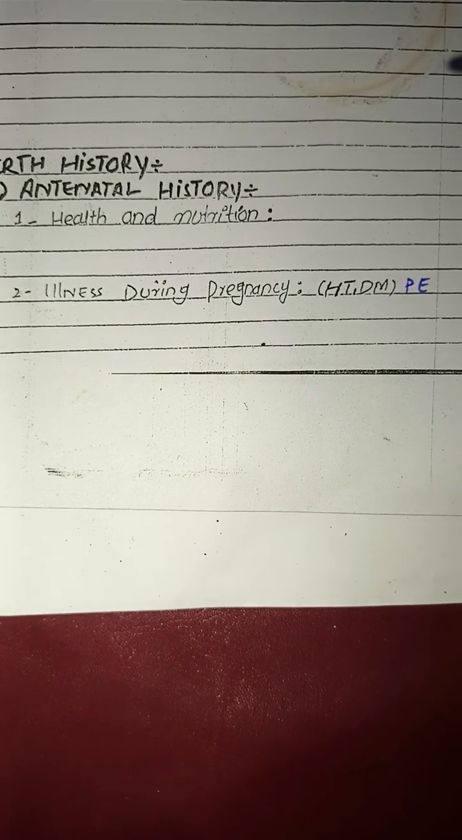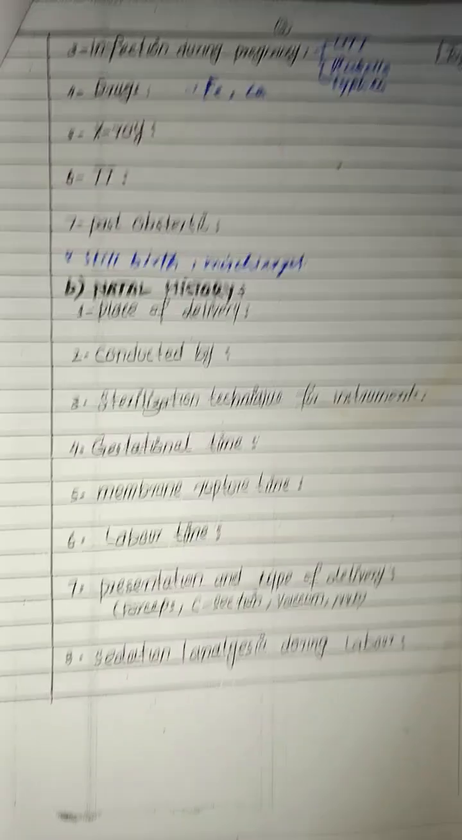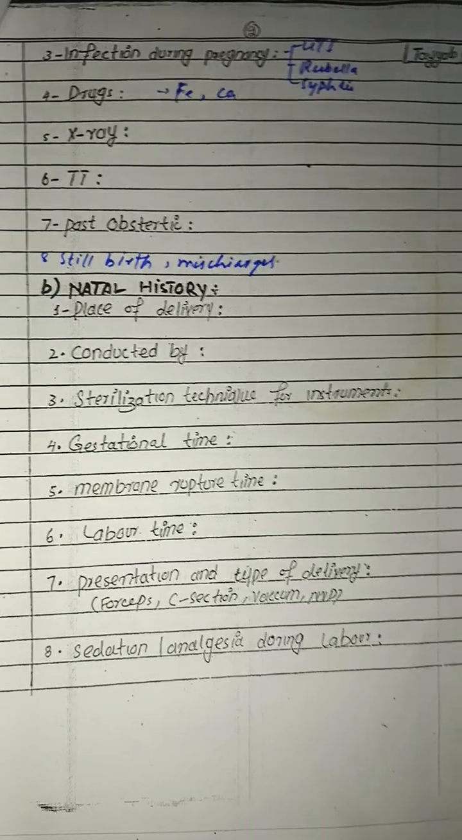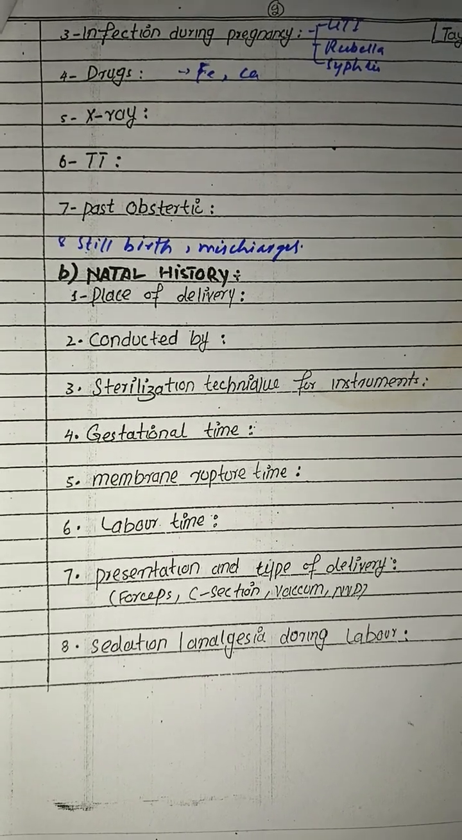Then we will go towards the birth history. In the birth history, first of all, we will ask the mother about the antenatal history, about the health and the nutrition of the mother, the illnesses during pregnancy, which are hypertension, diabetes, preeclampsia and eclampsia. Then infections during pregnancy like UTI, urinary tract infection, rubella, syphilis, and drugs taken, that is multivitamins taken, which usually